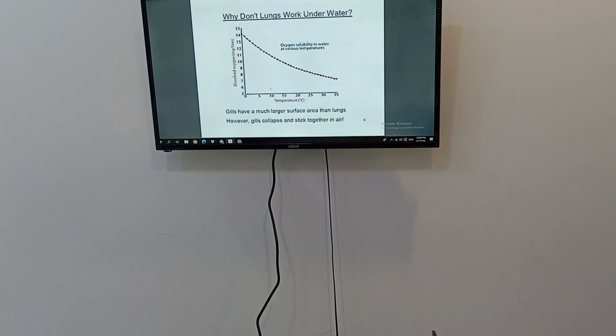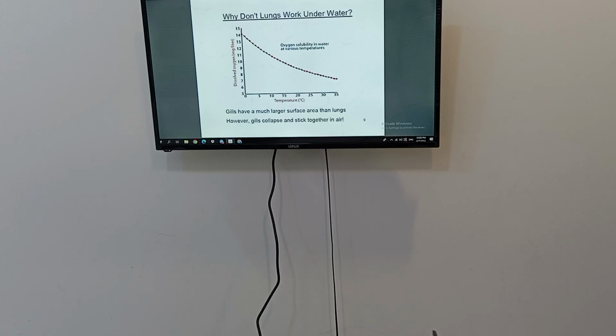Why don't lungs work underwater? You have here the temperature, and you have here the dissolved oxygen in milligrams per liter. A temperature from 0 to 35 centigrade, and the dissolved oxygen from 5 to 15 milligrams per liter. We said earlier that gas dissolves faster in low temperature water, and water at low temperature will hold more than